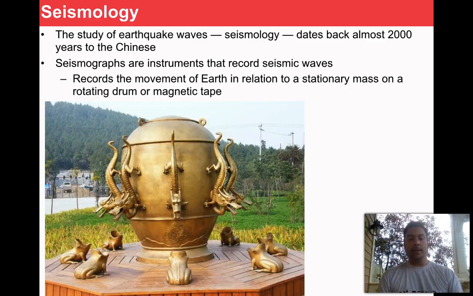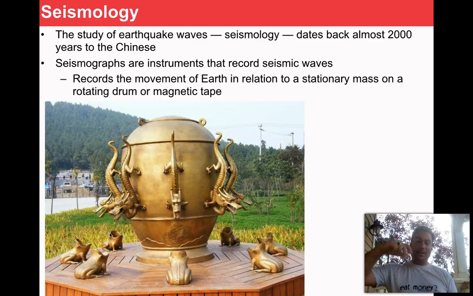And basically the way this worked is you had a vase or a big vase here, and these dragons around here were kind of situated above these ornamental frogs, and notice the frogs have their mouths open. What would happen is you would take a steel ball and you'd put it in every single one of the mouths of these dragons. And as the wave came through, it would move the vase, but the steel ball in the mouth would be so heavy that it would have inertia, so it wouldn't want to move with the Earth. And so as a consequence, the vase would move, the ball would kind of stay